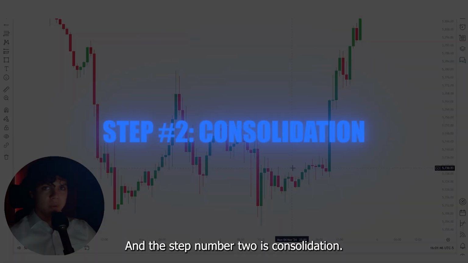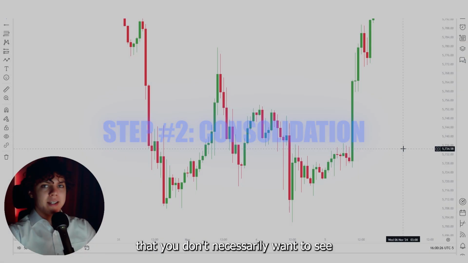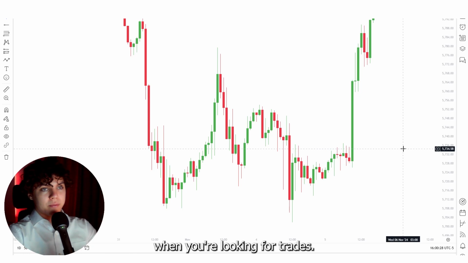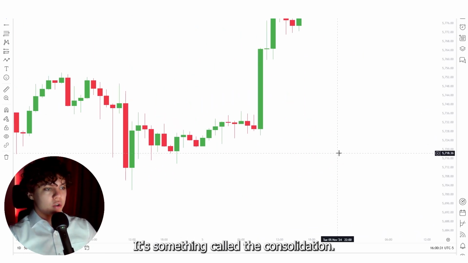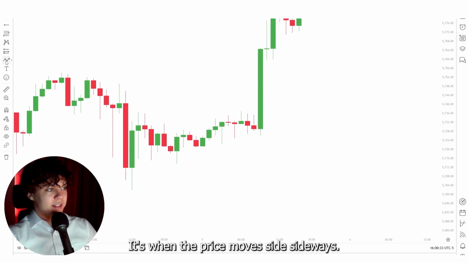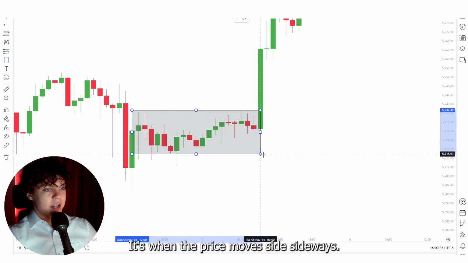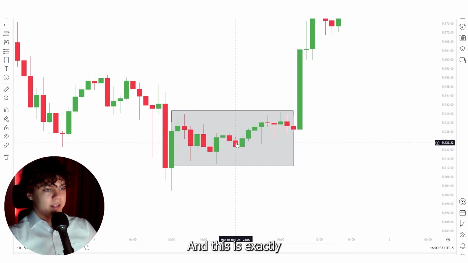And step number 2 is consolidation. There's a trend that you don't necessarily want to see when you're looking for trades. It's something called a consolidation. So it's this kind of movement. It's when the price moves sideways. Look at this, it moves sideways, and this is exactly when you don't want to look for sells or